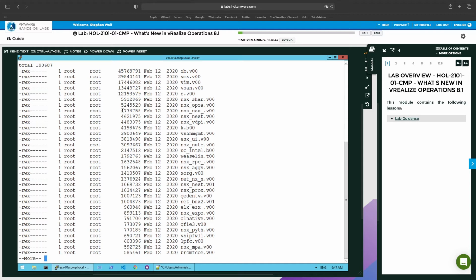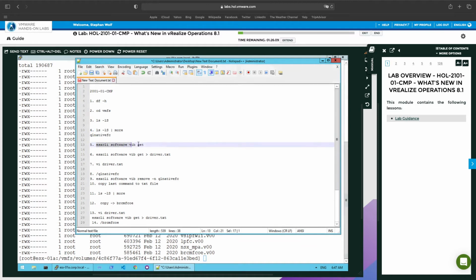VIBs, so NSX kernel modules. So we don't remove this now, we just choose an unimportant driver in this case, but it could be an important driver in your case, so be careful. So let us imagine we choose this one here, the qlnative, and we want to know what kind of driver this is, which vendor, and for what kind of components it is. So we press Q now, and then we